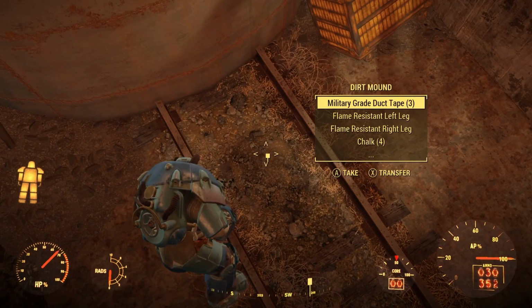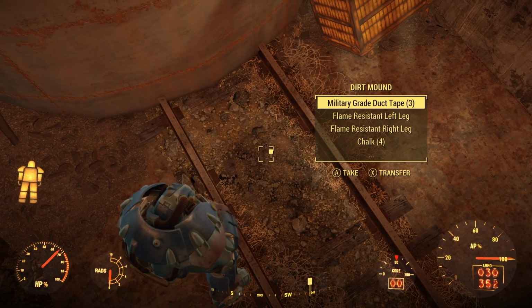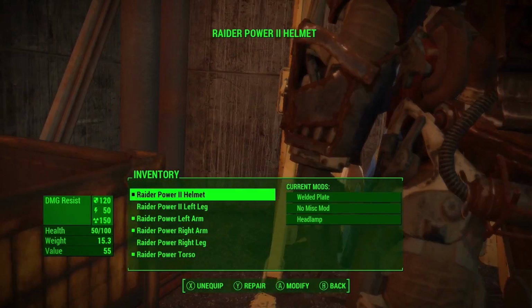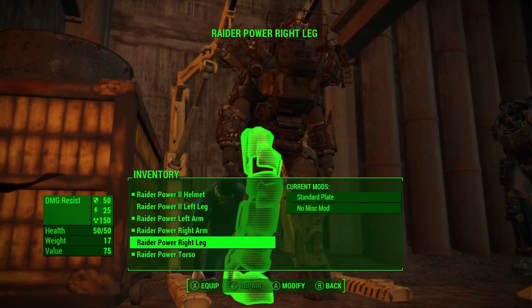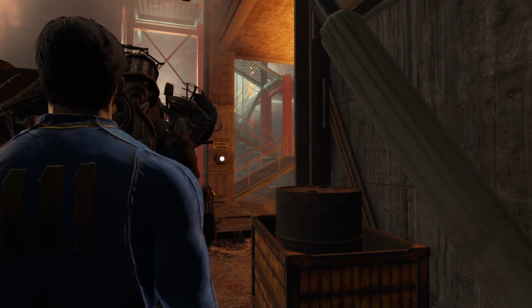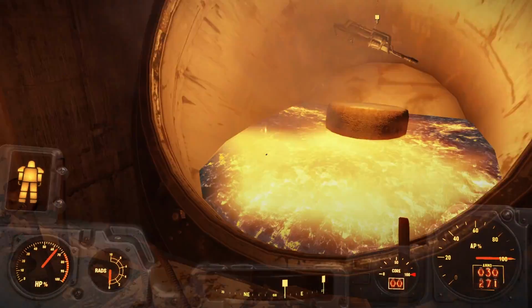So these buried items upon first glance might look like random garbage, and that's because they are random garbage, but they serve a purpose. If we collect all of this garbage and head on over to the power armor frame where we find the Raider power armor sitting there, and if we use these items to modify the legs of this Raider power armor, we can now become immune to fire damage. Once we've done this, we can get into the Raider power armor and simply walk across the molten metal and